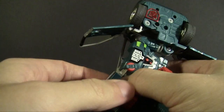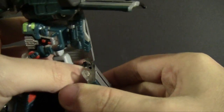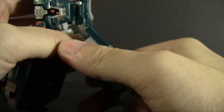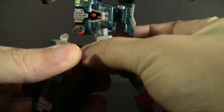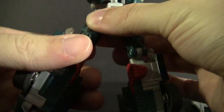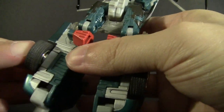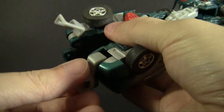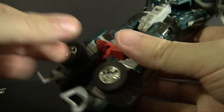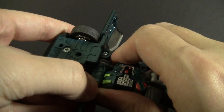Not only do the legs accordion up, but so does his mid-torso, all in one little block that fits behind into that vehicle mode shell. Come on, come on, come out. There we go. It's a little bit worrisome because that is a really tight little folding joint. We'll put that tire forward. We'll flip the feet up. And there we go. That'll form the legs. We go back up here. Get this arm, which...